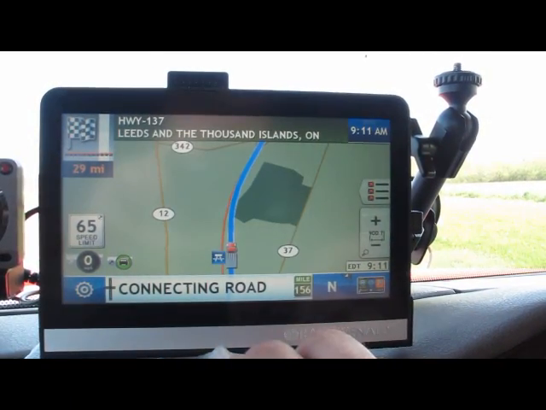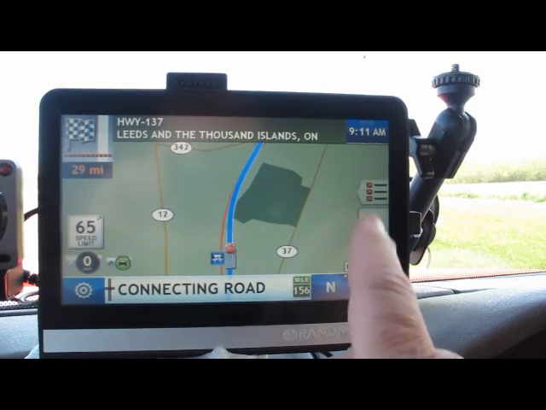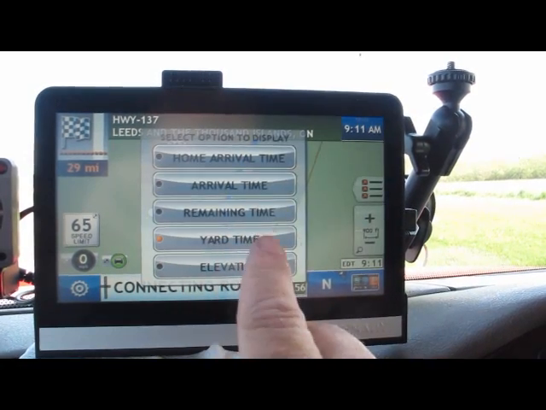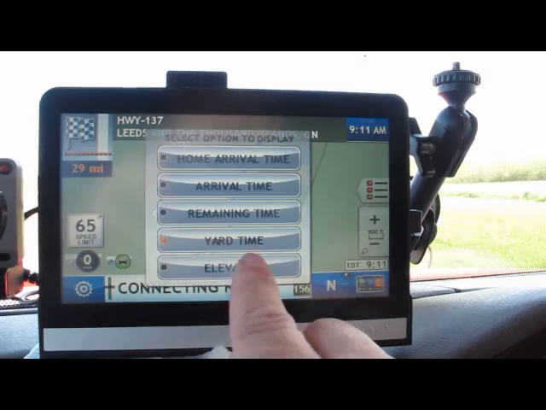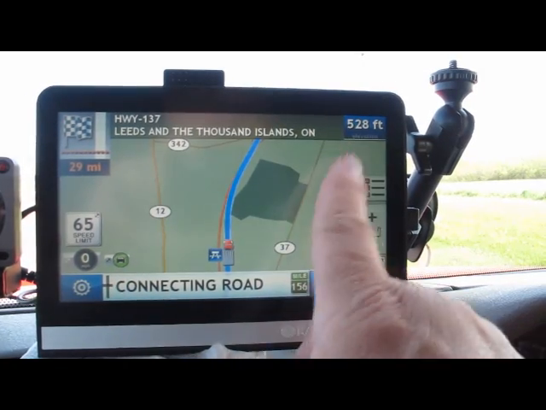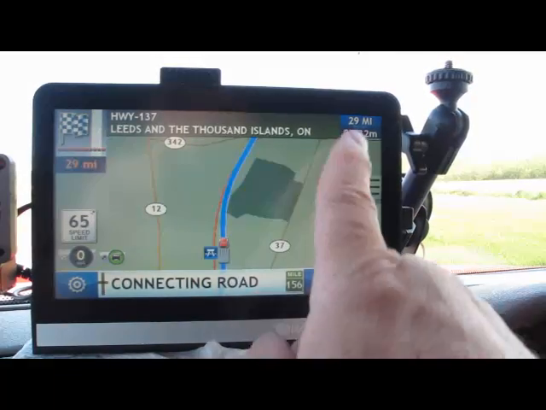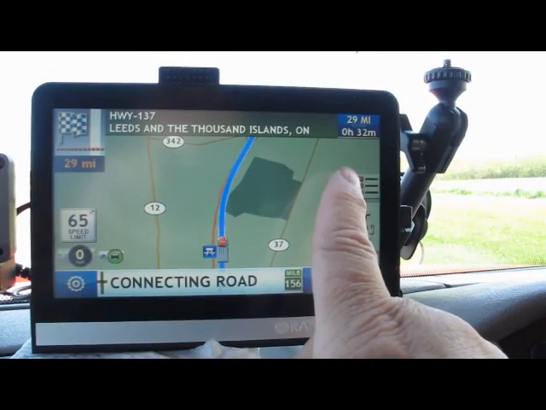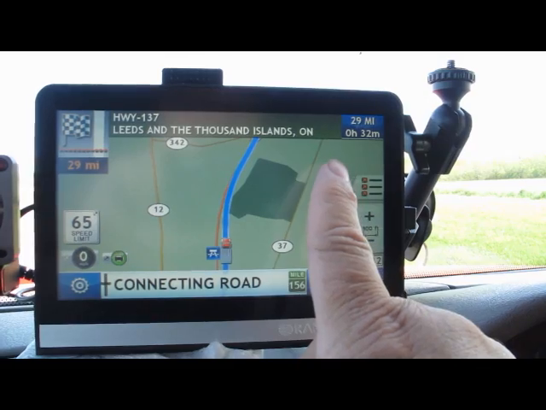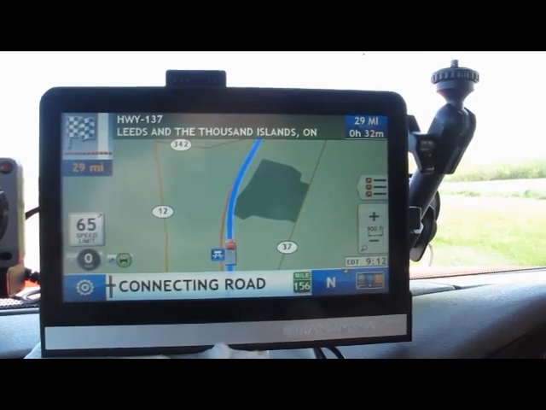Yard time 9:11 a.m., which is what it is right now. So you've got the time down here, because you guys can set up what time zone your yard is. Elevation 528 feet above sea level, but I always put the remaining time. Shows me how much time I have left to drive to get to my next stop, not my final destination. Okay,